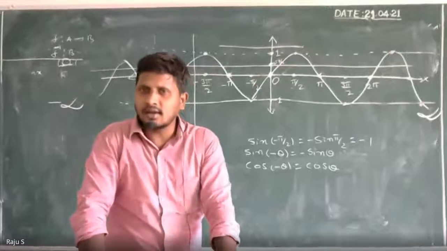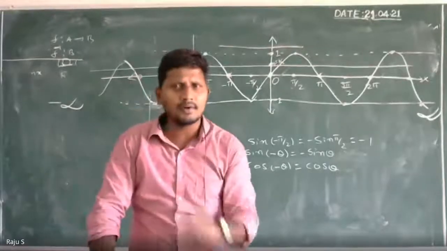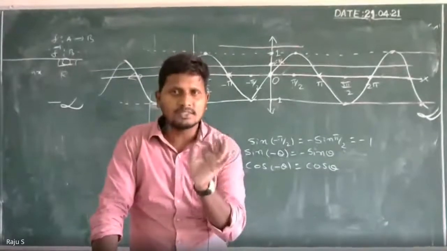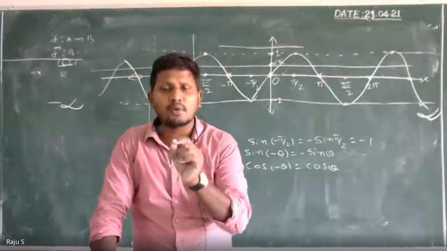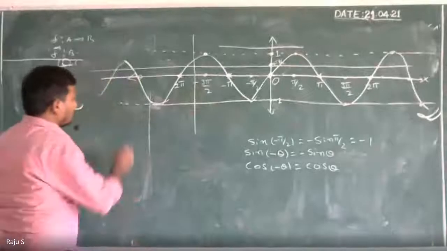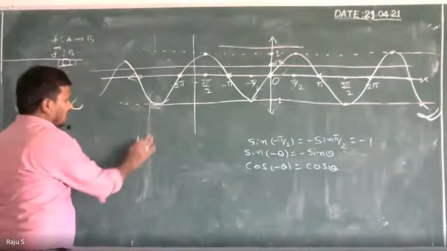Is it that the horizontal line can meet at only one point? No, sir. More than one point. Am I right? So if the horizontal line can meet the given curve at more than one point, it is not one-one. Okay, in this case, in minus infinity to plus infinity,